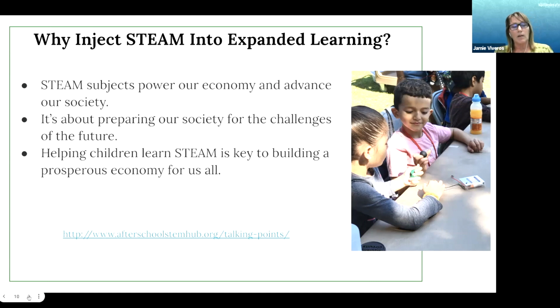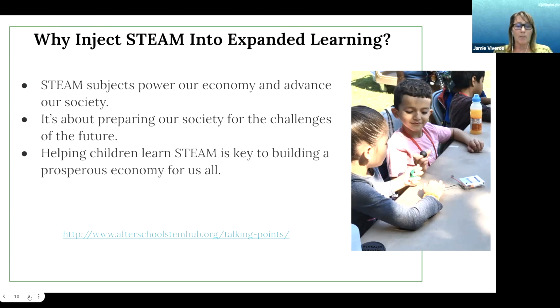Given our complex and changing world, we will need citizens who are critical thinkers and problem solvers to meet our modern challenges. So learning the subjects such as STEAM, the S, T, E, A, and M, will build the knowledge and skills needed for the future to tackle problems, draw reasonable conclusions, and make decisions based on evidence.